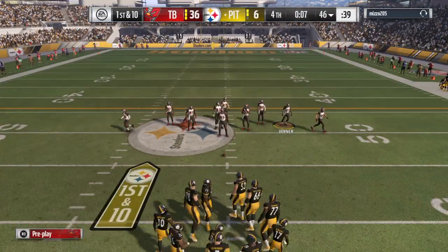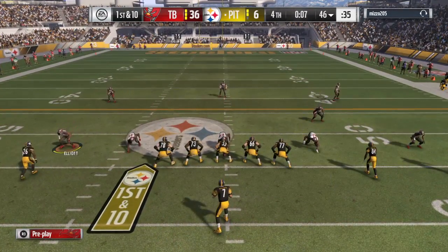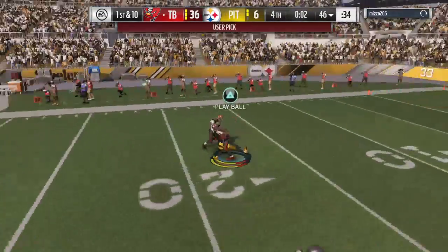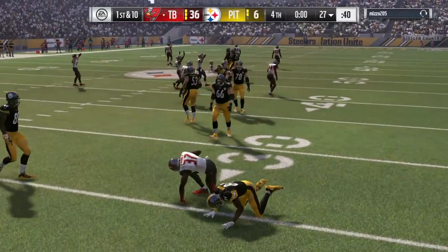Offense comes to the line now, 1st and 10. On 1st and 10, it's Roethlisberger. Now a desperation throw deep. And Big Ben intercepted a third time. Picked off by Keith Tandy. And that